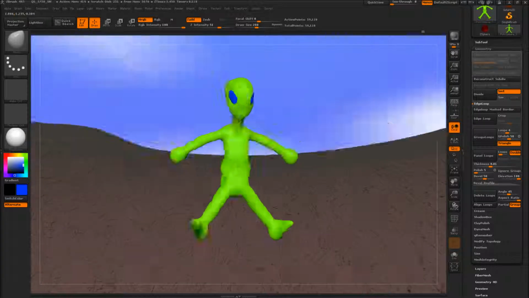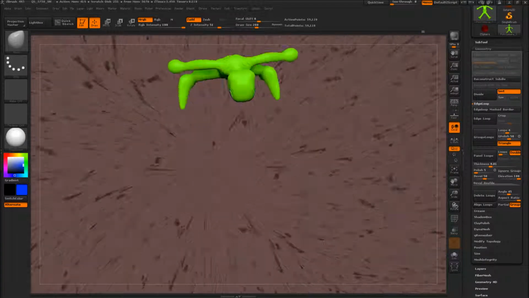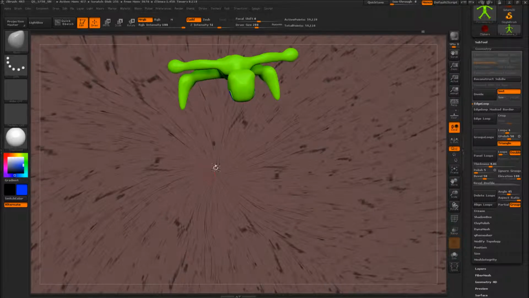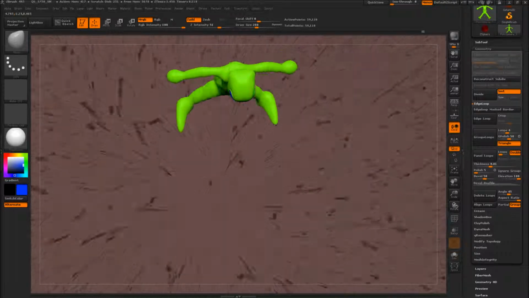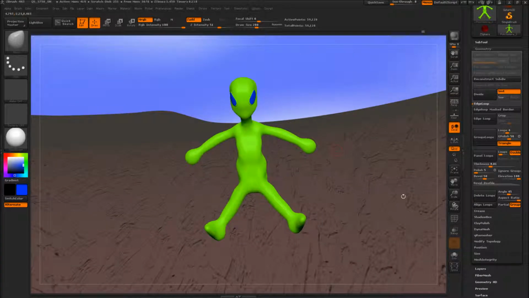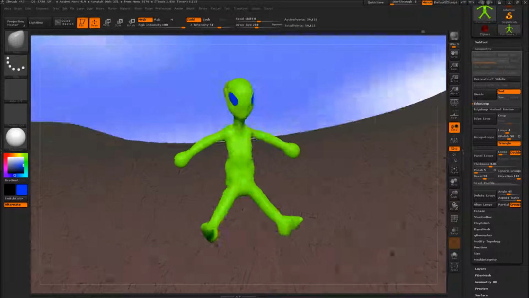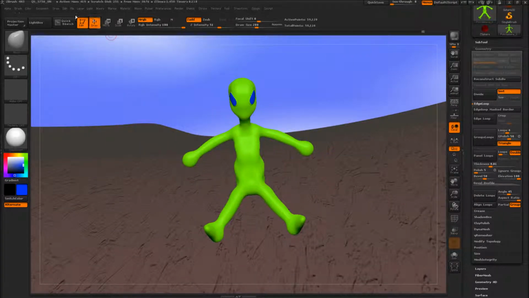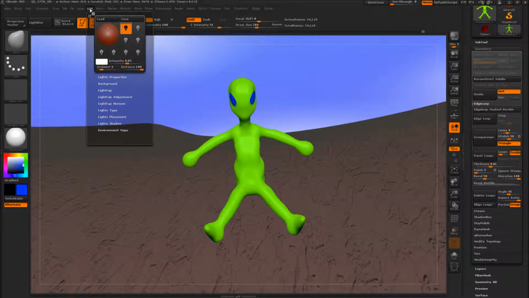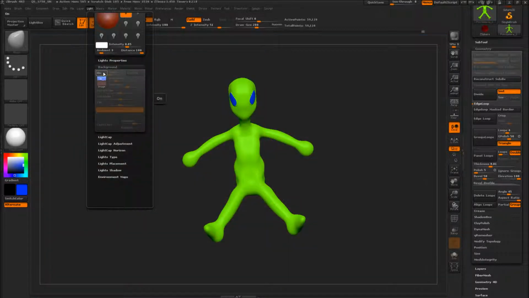It looks like a flat image, doesn't it? Just keeps moving. But if you look at the ground, you will notice that it comes to a point right here. There is an invisible inverted sphere that this character is in. ZBrush is very powerful with its background, which you can activate or access in light background. You can turn your background on or off,